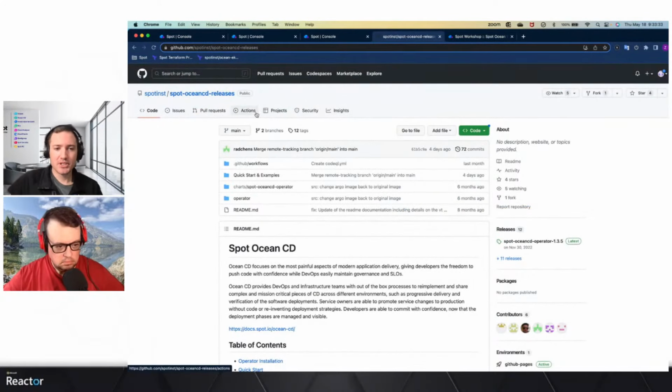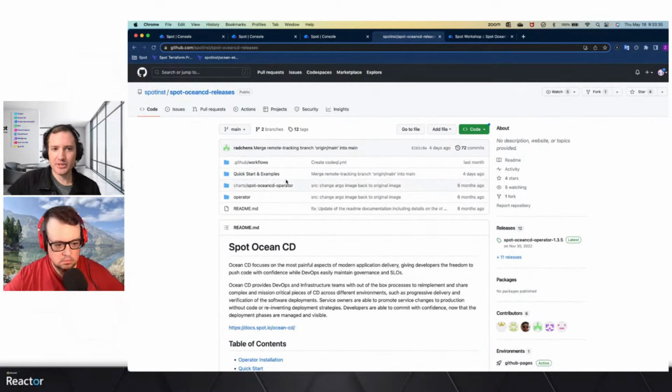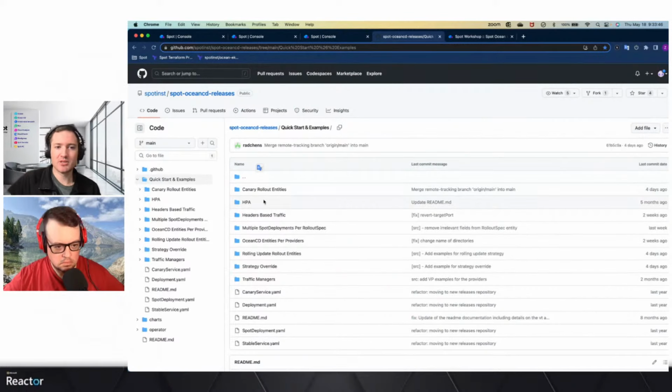Okay, so a couple of quick resources. So the Spot Inst GitHub page, and if you go to Spot OceanCD releases, we'll have a bunch of quick start guides and examples depending on whatever your use case might be.